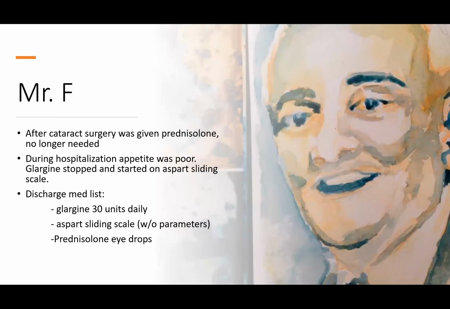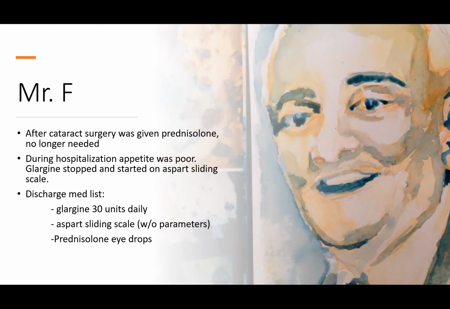And then the example again with Mr. F. So his discharge med list had insulin glargine, 30 units daily, aspart sliding scale, didn't have any parameters, just take a sliding scale, and then prednisone eye drops. But then when you spoke to him, he said, well, actually, I'm not on the prednisone eye drops anymore. I got it for my cataract surgery 2 months ago. I took it for a week after that, and I haven't been on it since. And he wasn't on it in the hospital, but when he was discharged, the medication was on his list, so